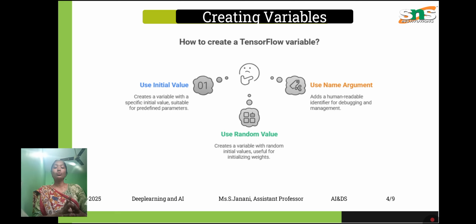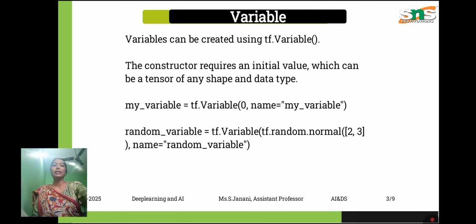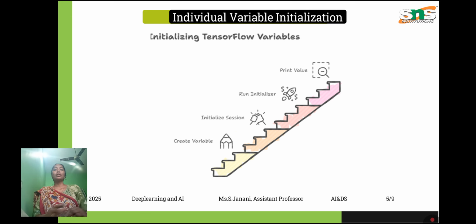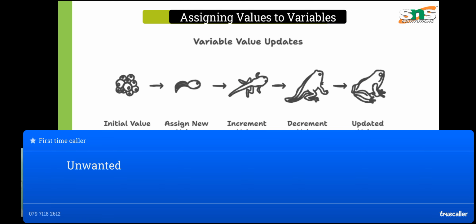So how is a TensorFlow variable created? A TensorFlow variable is created by tf.Variable. We already said weights and biases, so we can create W and B with TensorFlow as the weights and biases variables, and update the variables. This is an individual variable initialization. To initialize TensorFlow variables, create a variable, run the initializer, and print the value. So how does this work? Assigning